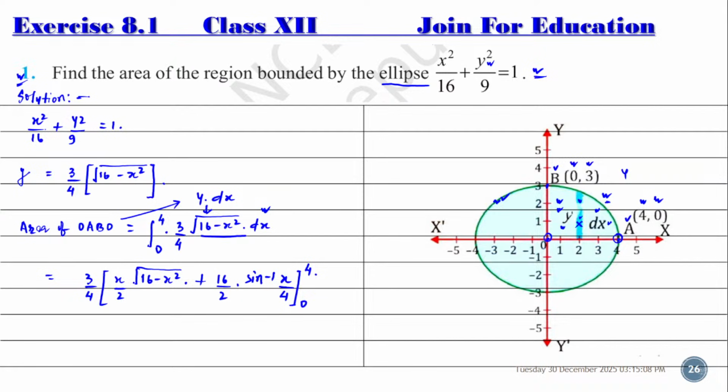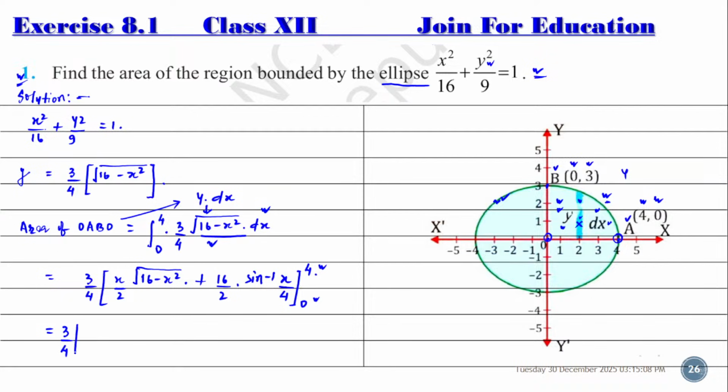So this is the integration of this one: x by 2 into root of a square minus x square plus a square by 2 into sine inverse x by a, from 0 to 4. When we apply the limits, then we get here